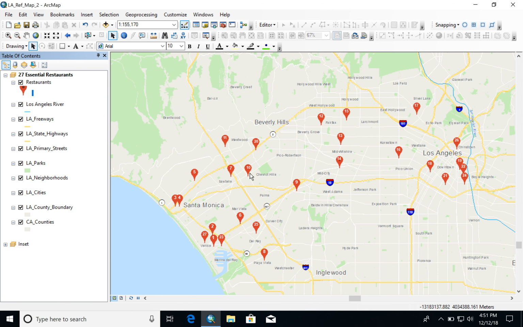I didn't like any of the symbols that Arc has to offer for the map markers, so I found one online, which is this red figure here, and uploaded it in the symbology builder. Since adding the map restaurants as labels looked a little cluttered and also kind of blended in with the neighborhood labels, I decided to use a numbering system,